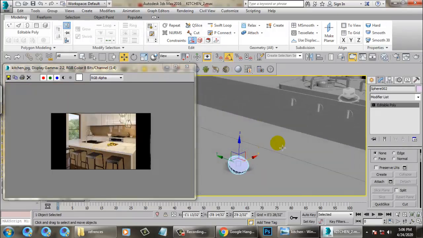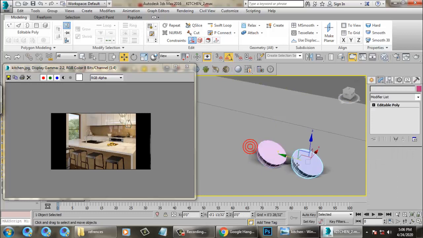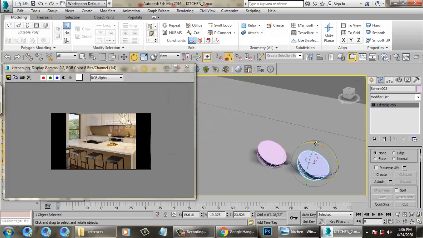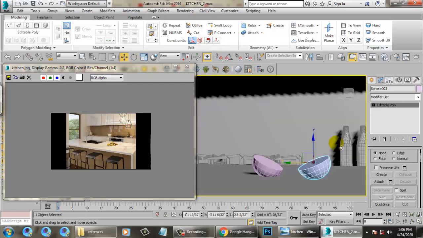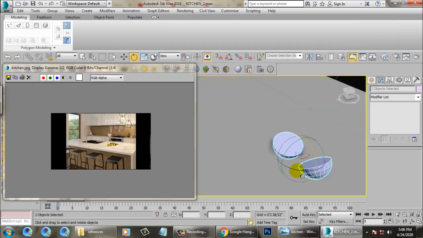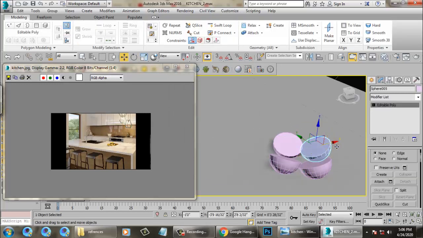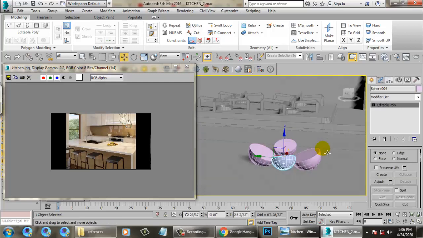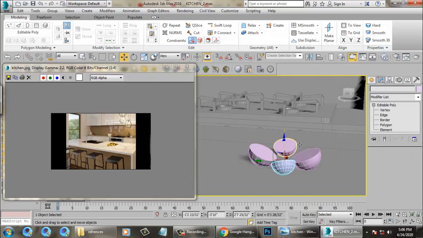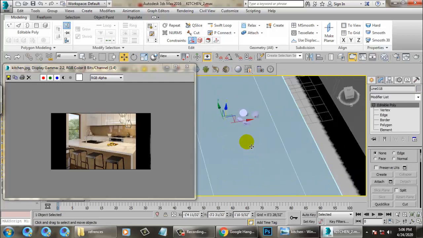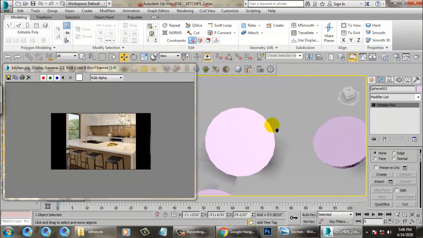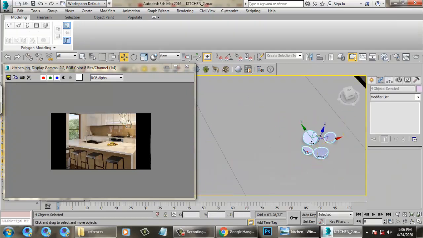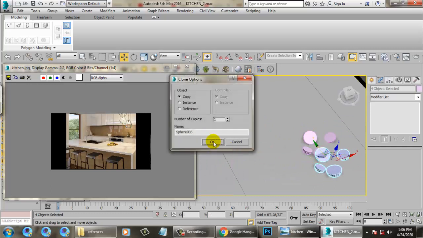You can multiply it accordingly. Let's duplicate all of this. Some you make bigger, some you can make smaller. I'll select all of this and drag it.